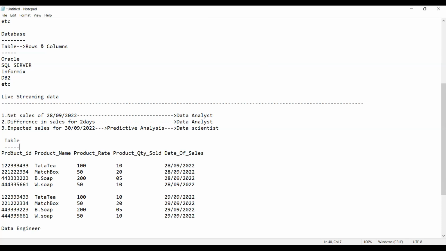Is the product ID required? No, not required. Do you require the name of the product? No, because you don't want to find out the net sales product-wise or product ID-wise. I want the total net sales of 28/9/2022. So is the product rate required?